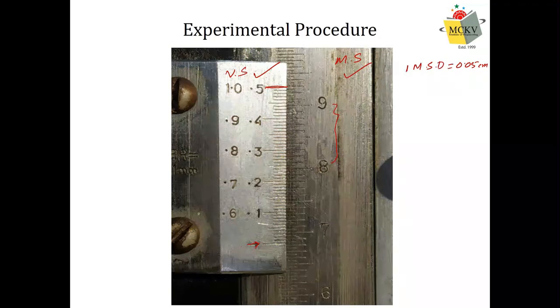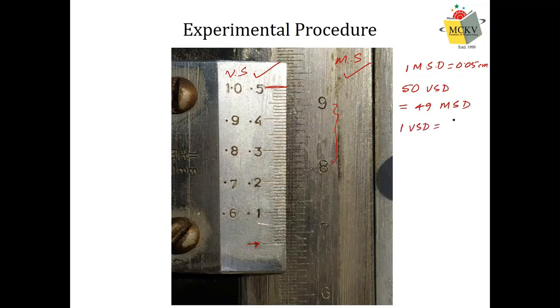And another thing we require is the number of divisions of the vernier. The number of divisions of the vernier is now 50. With this too, we can estimate the vernier constant easily, because you know that if the instrument is correct, if the vernier is correct, then 50 vernier scale divisions must be equivalent to 1 less, that is 49 main scale divisions. That implies that 1 VSD equals 49 by 50 MSD.